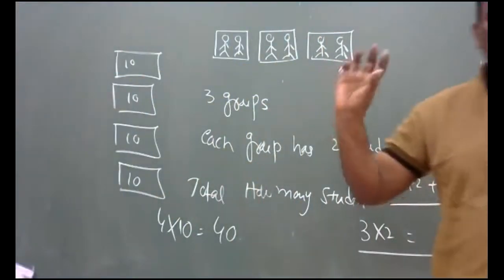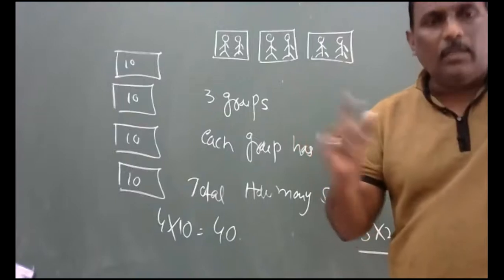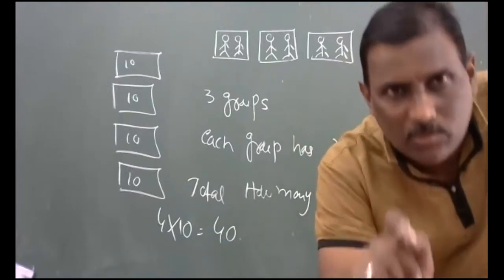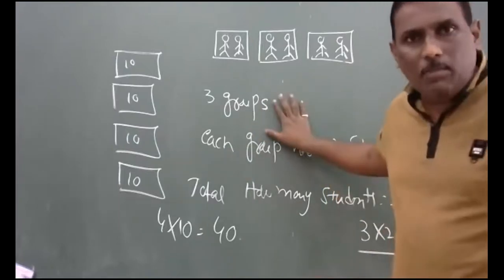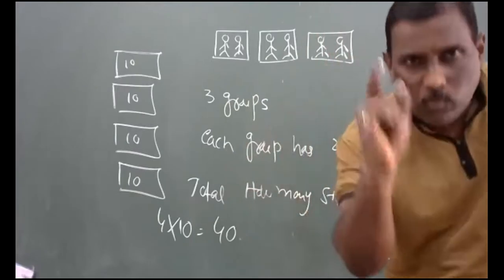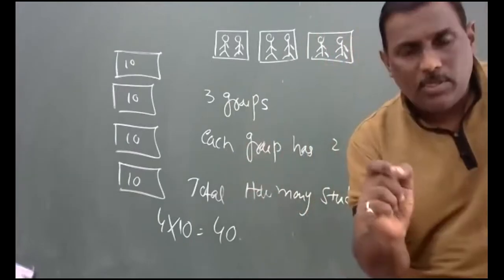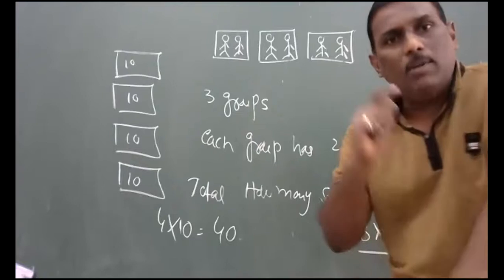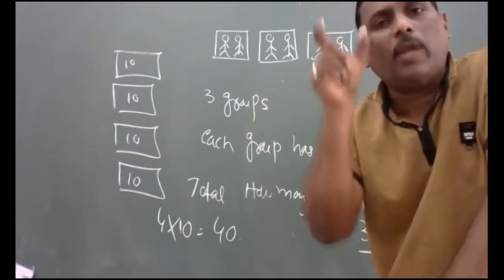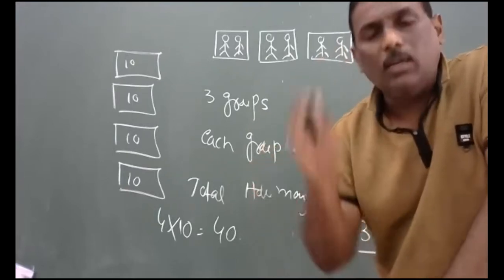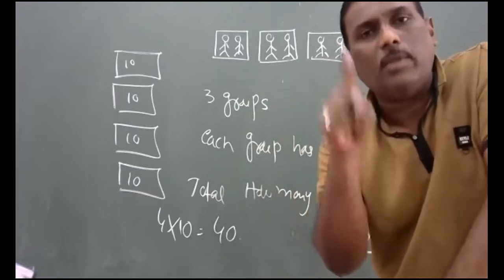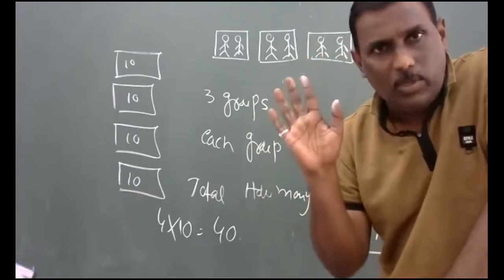So when you group things, counting can be done with the help of addition, and with the help of multiplication also. I think these examples are clear to you. Based on these examples, I am going to share one worksheet. Read the worksheet, give the answer. I will share the worksheet through WhatsApp. You have to copy that worksheet in the notebook in the classroom, not now. Now just give the answer. Got my point?